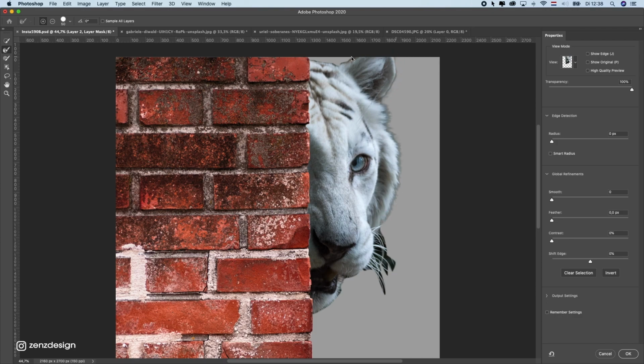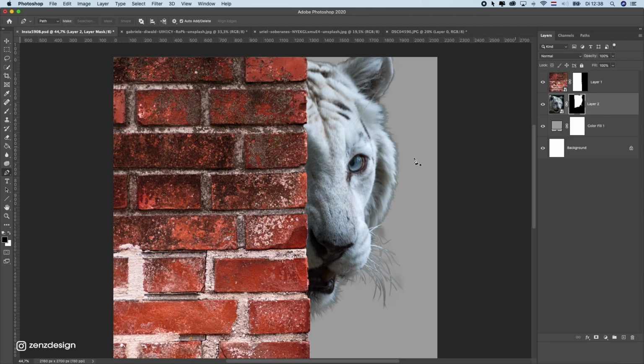And alright, this is a tricky part, so I'm gonna check if this is gonna work. As you can see, this works really well, but we need to do a little bit of editing here to make sure it doesn't look black but white. So first let's do this, and let's drop the shift edge a little bit so we get rid of the edge just slightly. Press OK, and now I want to make sure this fur is like black instead of gray,